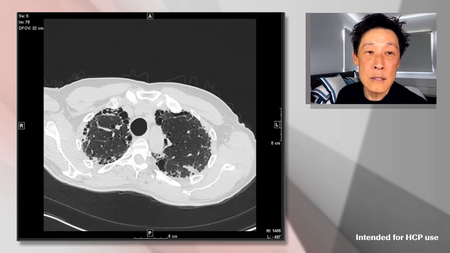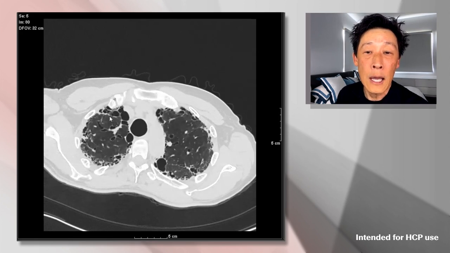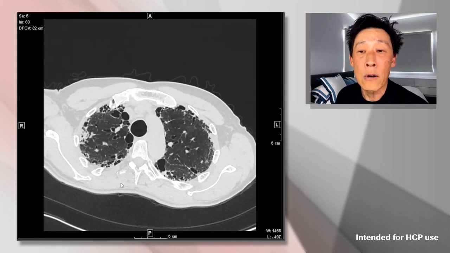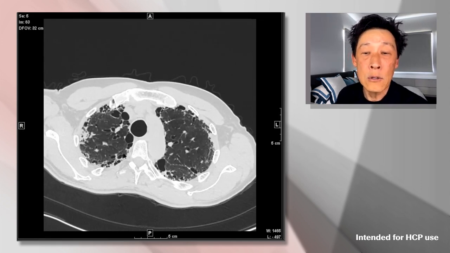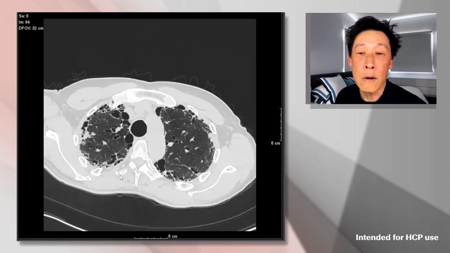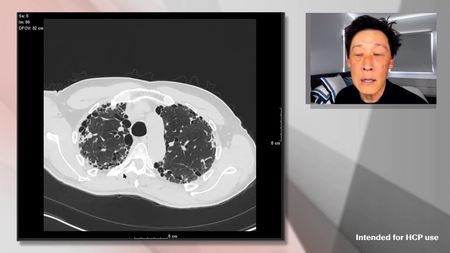And when you see this, this is really consistent with honeycombing, especially if there are multiple and sharing these irregular thickened walls. And you can certainly make the diagnosis when the honeycombing is stacked or layered on one another. But even today on thin section HRCT, because we can follow abnormal airways down to the periphery, we can distinguish what's traction bronchiectasis and bronchiectasis versus true honeycombing. So even a monolayer of honeycombing can be confidently diagnosed.